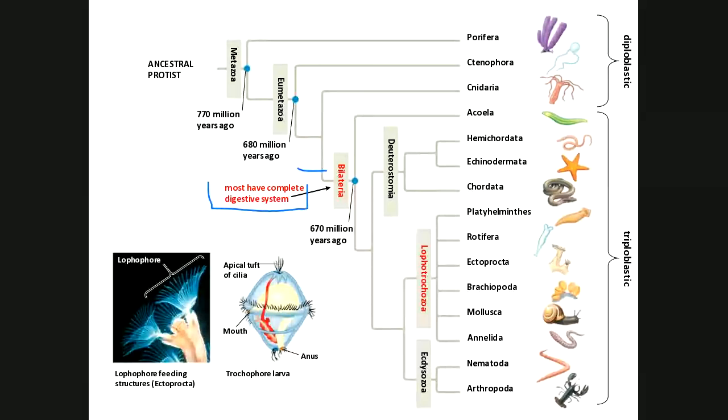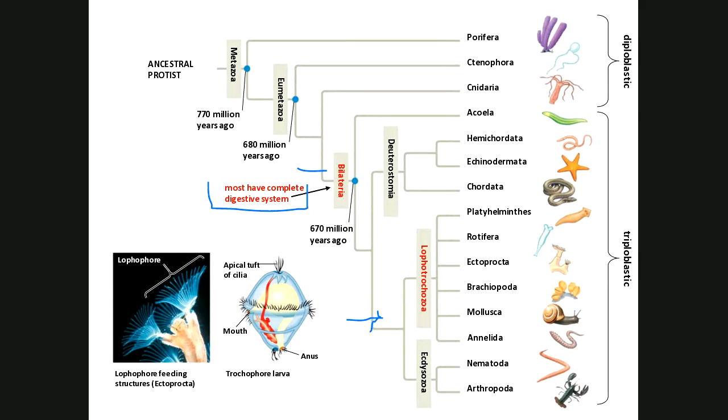We'll come back to the Deuterostomia at the end, but down here with the protostomes, these are all protostomes, these two groups, the Ecdysozoa, which we'll talk about later, and the Lophotrochozoa. So this is the group that's unified together by having one of these two types of larval forms.